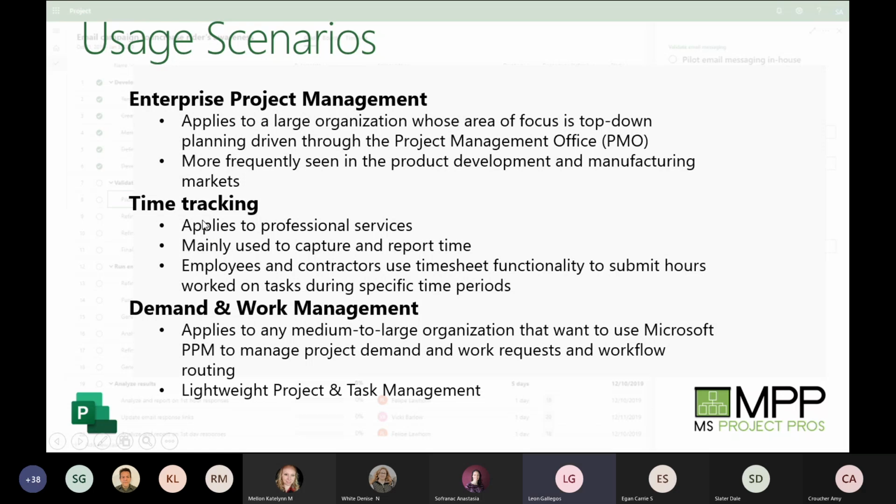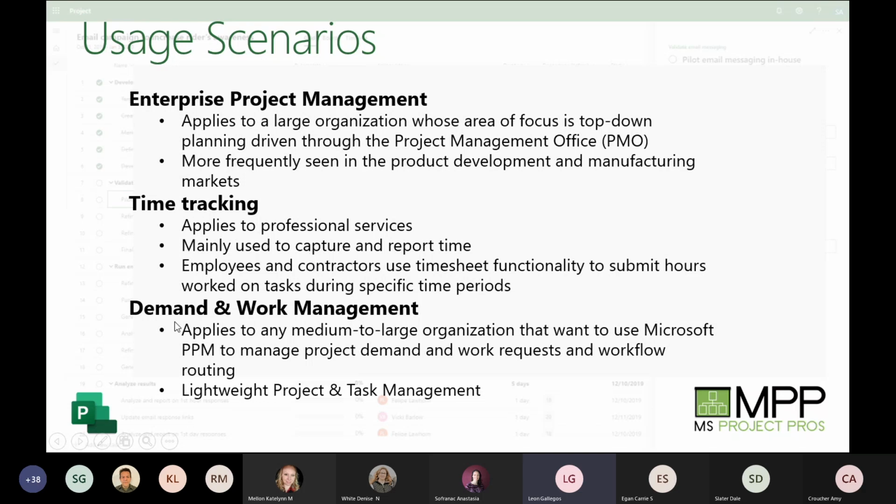It can also be used quite well with time tracking. So there is a timesheet component to the tool when you want to capture all time, not only project time, but also non-project time. As a tool that you might need to account for resources, activities on projects and other work that they're doing, you might want to capture their rate and of course their calendar, their availability. We can do that here with the time tracking.